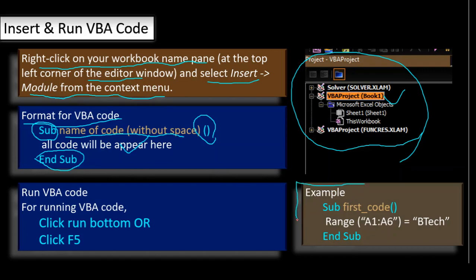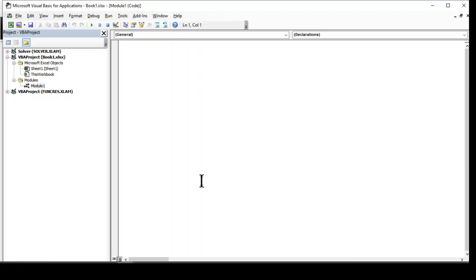This is an example, Sub first code. I am going to write all these things, so let us come again to the Excel environment. Sub, then a space, that is a must. Then you have to write the name, for example first code, but we cannot keep the space, so it should be without a space.